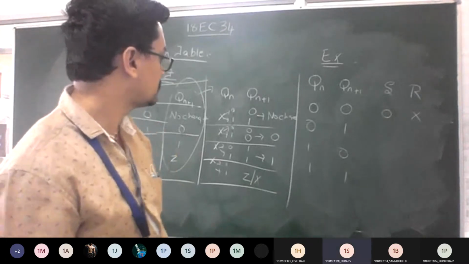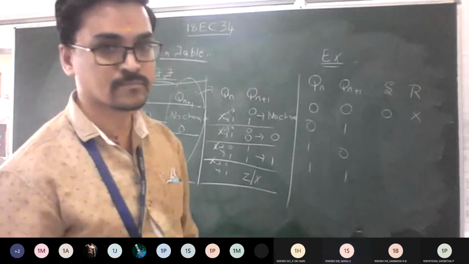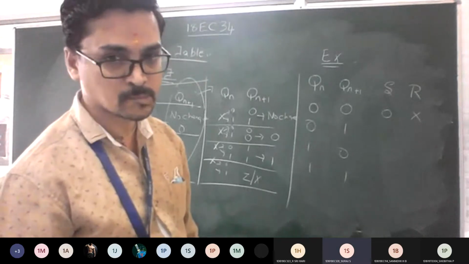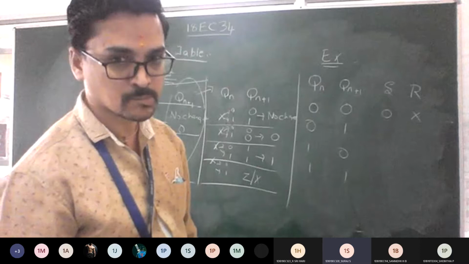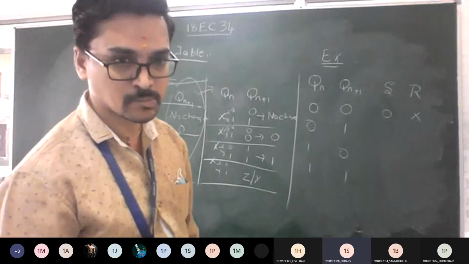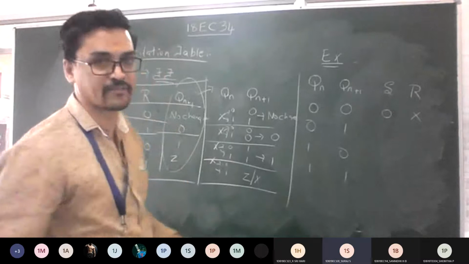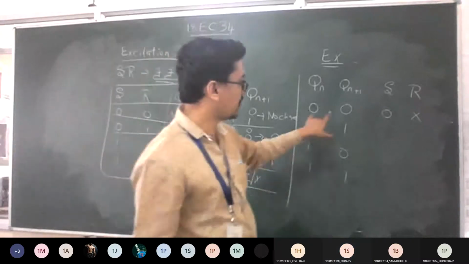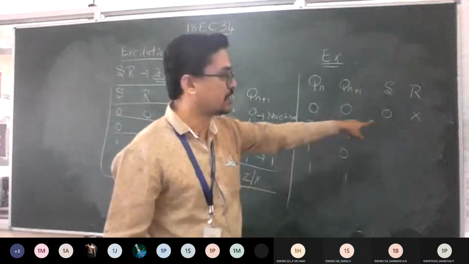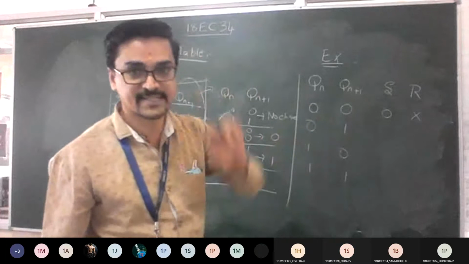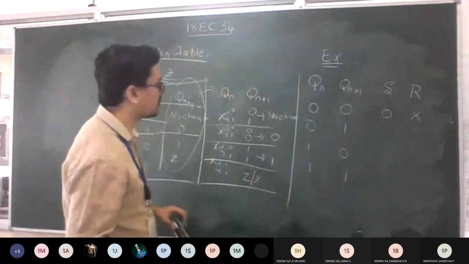When S is equal to 0, 0, 0 and 0, 1, Q is 0, 0 and Qn and Q are 0, 0. Okay, good. So let me tell you what your friend is trying to explain. See, for the 0, 0 condition, I got 0 X as the SR input, right? So let's check out how we got that.